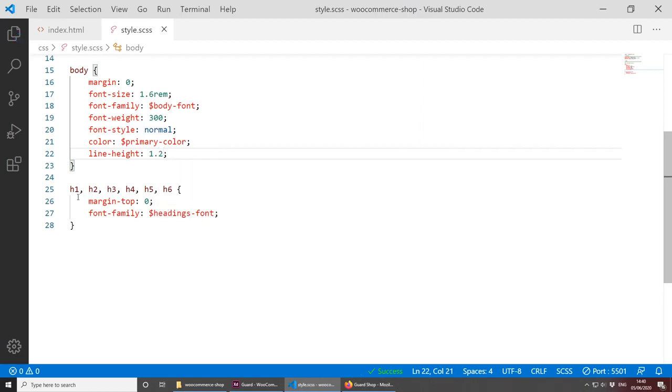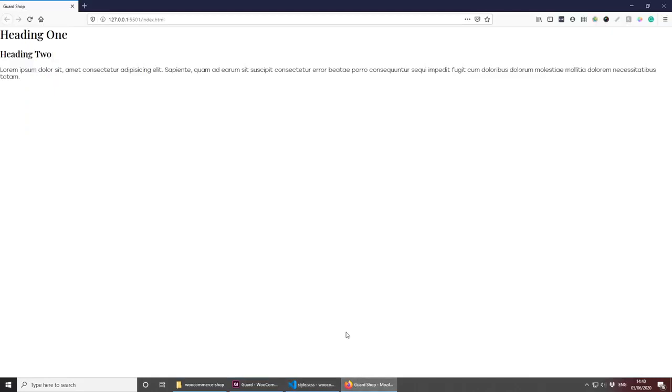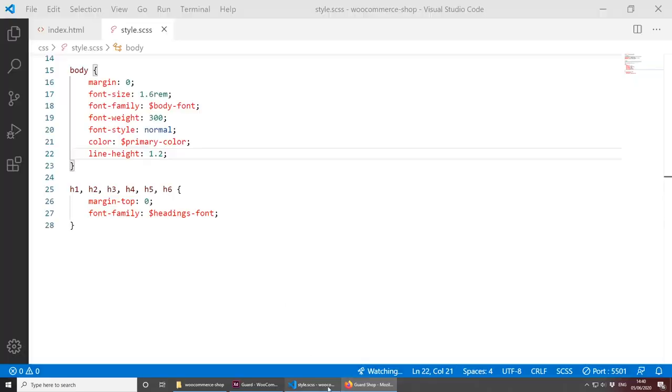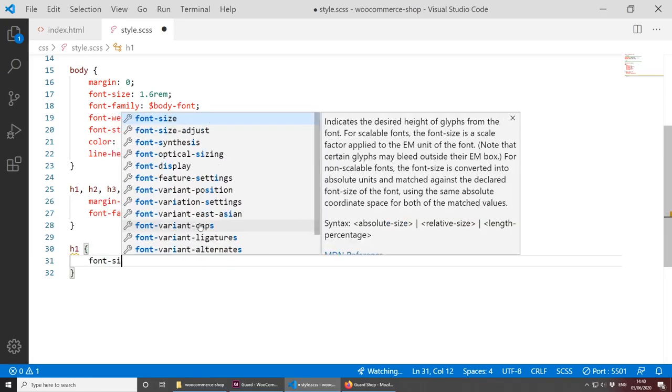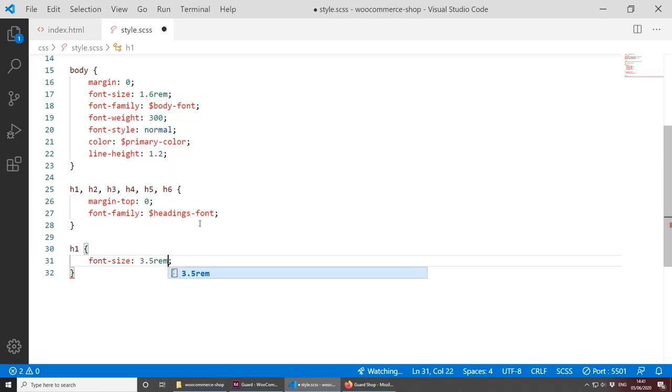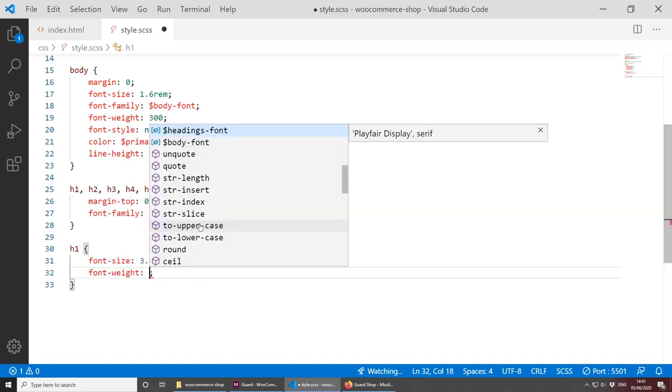So technically speaking, now our H1 and H2 should have the new font, and as you can see, the new font is loaded and everything is looking good. Of course, I'm gonna actually change the size of those fonts quickly in here, so let's do that quickly. I'm just gonna change it for H1 and H2. So H1, let's change the font size to be 3.5 rem, and font weight, I want it to be 600,